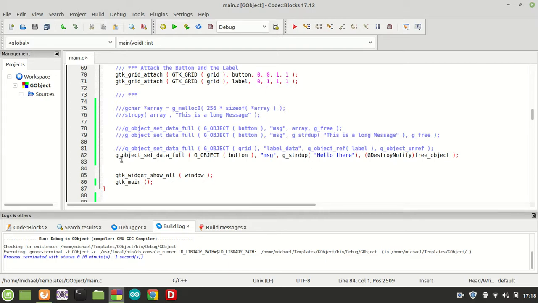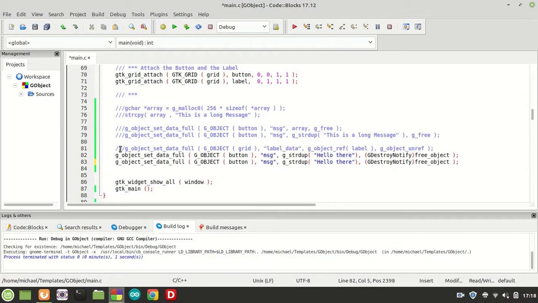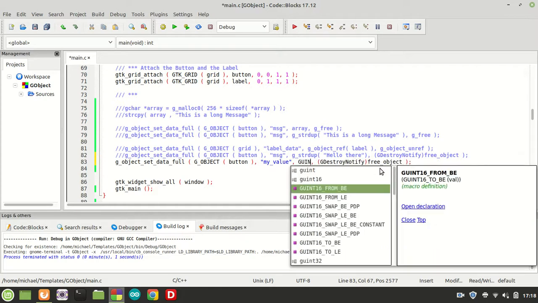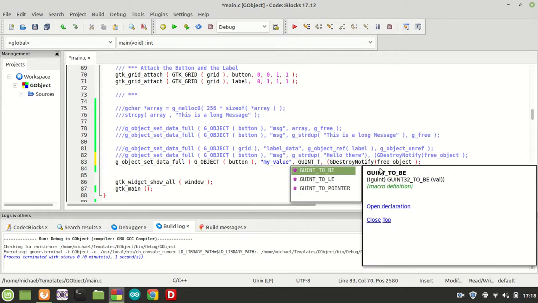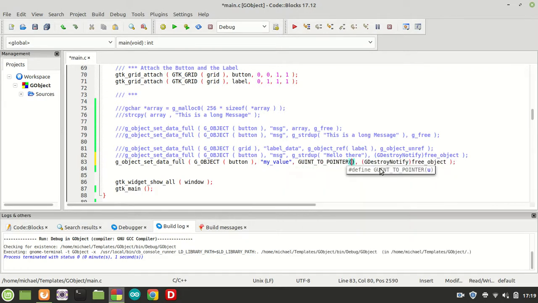You know what? I'm going to show you something else, because why not? What the heck? I'm going to show you something much different. Let's say you call the GObject set data full on the button again with a new identifier, a value like my value, and instead of the g_strdup right here, I'm going to do something which we didn't work with until now, but I'm going to introduce these things a little bit later. So I'm going basically to pass a pointer, and let's say value,